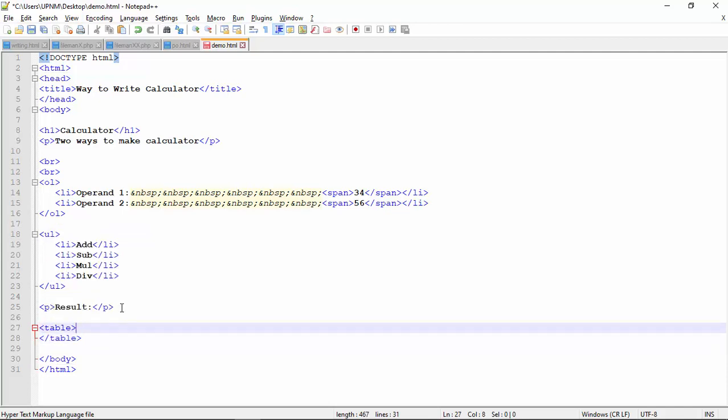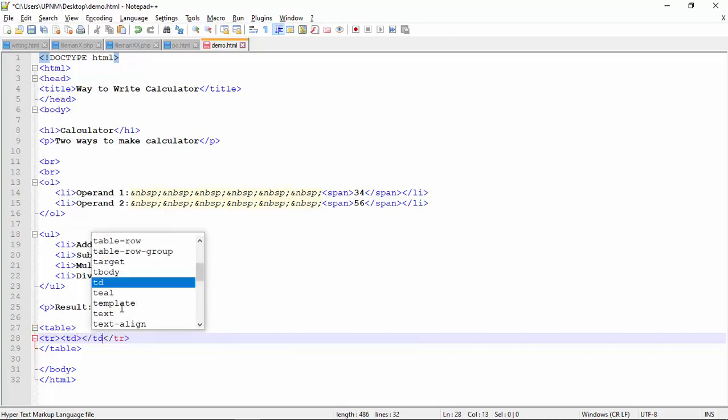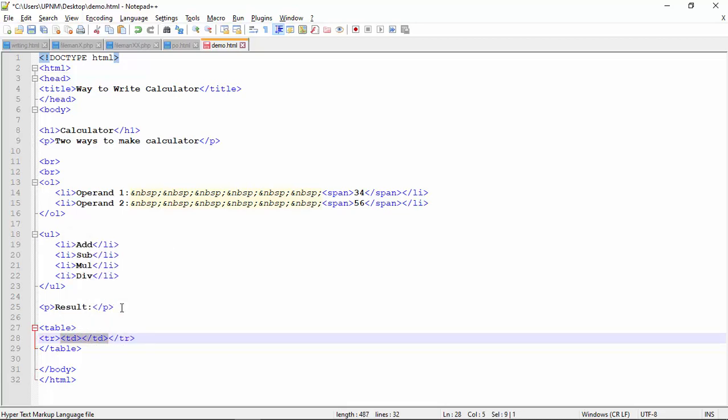There's the table tag. Then let's say we put the operators also in the table and the result somewhere at the bottom. So we need to put table row first, and then let's say we just want two columns. So two pairs of table data, opening and closing.